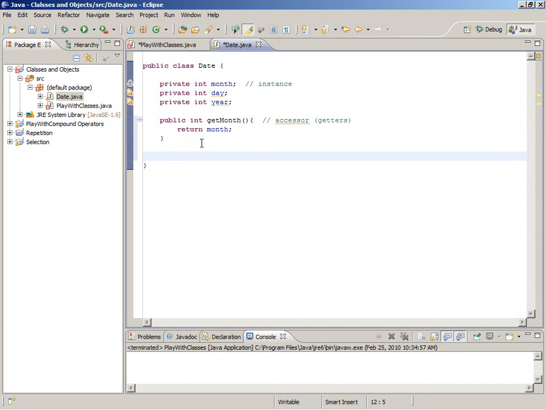And now we need a way for the user of this class to change the month variable. So I'm going to make a public void this time, setMonth, and I'm going to break the rules and make a one-letter variable name. And I'm going to put month gets m. This is called a mutator method, or a setter, like an